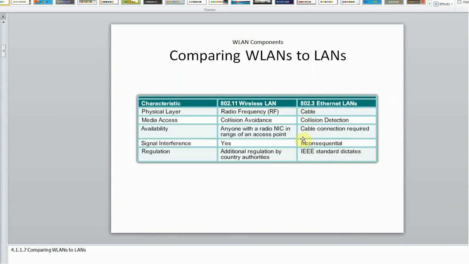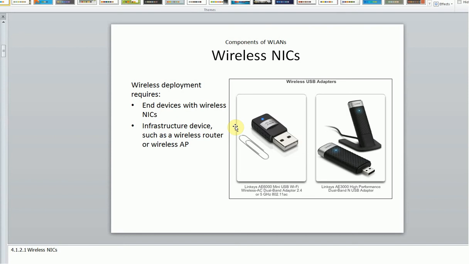If I compare wireless LAN and LAN, wireless LAN is all about 802.11 and wired devices are 802.3. This uses radio frequency signals, while here we have cable signals. This is CSMA/CD and this is CSMA/CA, and there is a difference between IEEE 802.3 and 802.11.